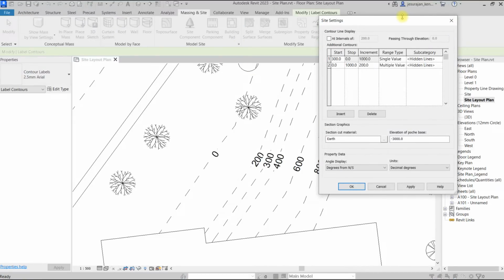I'm going to show you once again. I'm inserting a row. Here I can choose subcategory. I'm choosing triangulation edge, and I'm giving multiple values that start from 0 to 2 meter at the increment of 50. And if I say apply